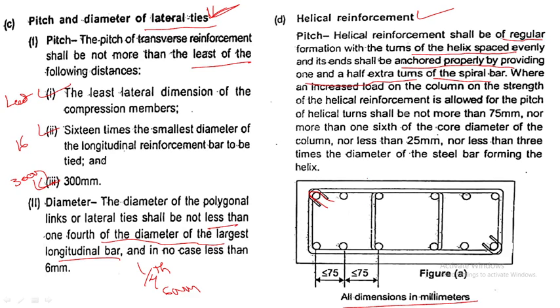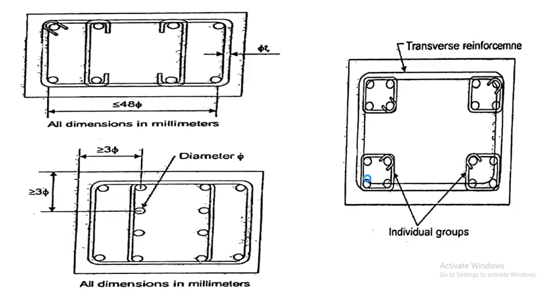different stirrup conditions: 1 leg, 2 leg, 3 leg, 4 legs, 6 legs, 12 legs. So we have different conditions of the legs. According to that, you have to decide how many legs you require and what the dimension is. Next, you can see this is the 1 leg, 2 legged, 3 leg, 4 legs. You have to remember this is 48 times.